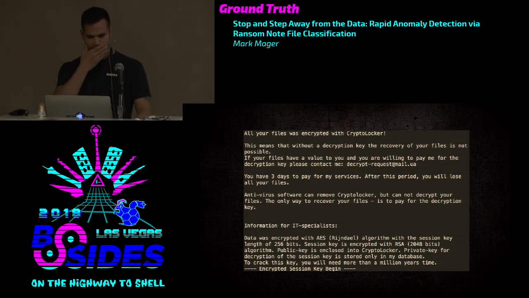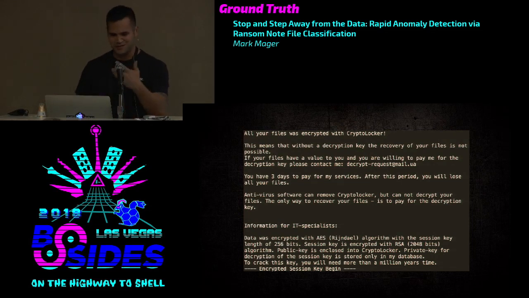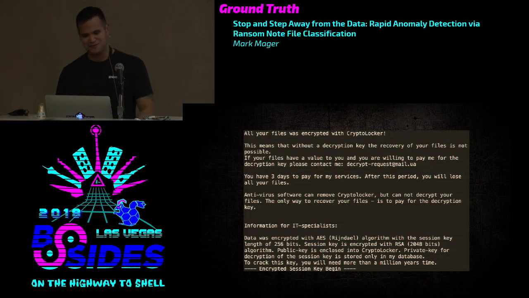So here's an example of a ransom note. This one's from CryptoLocker. This kind of goes over some of the phrasing that I had previously discussed. The first thing they lead off with is saying your files have been encrypted with CryptoLocker. They try to describe essentially what encryption is. They want you to contact them. They're giving you a certain expiration date for how long the files are going to last. They're saying antivirus is not going to help you at this point. And then they even get into explaining the AES for you.